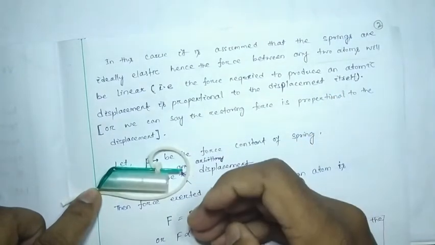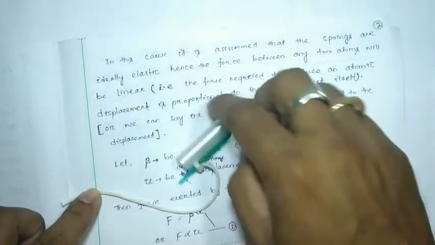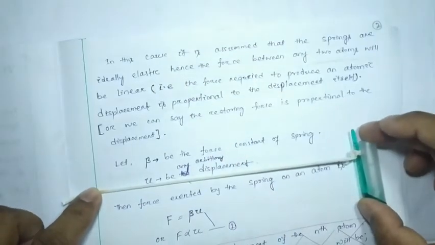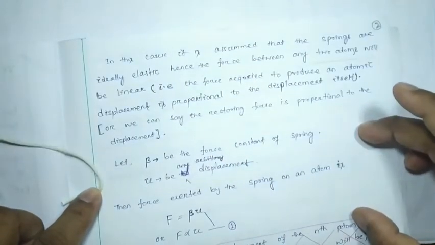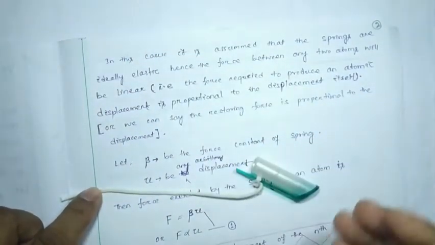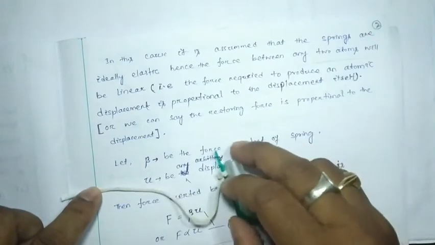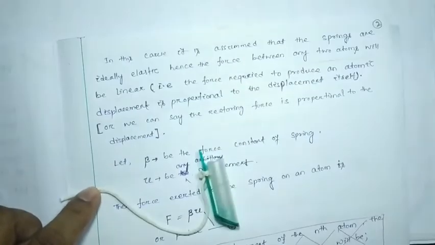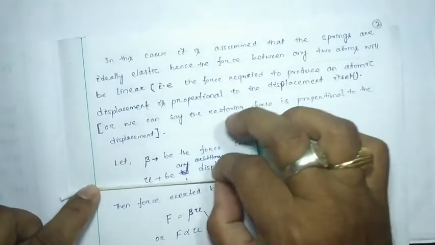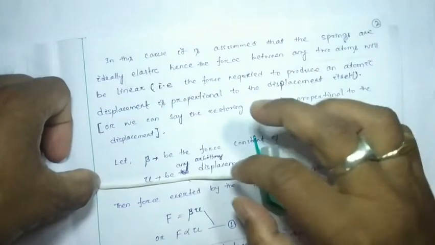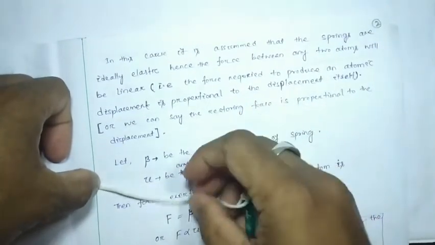In which force does it have to come back? This is the first case: suppose I displaced it more, and this object is going to come back to its original position with higher force. That means if this spring is fully elastic,